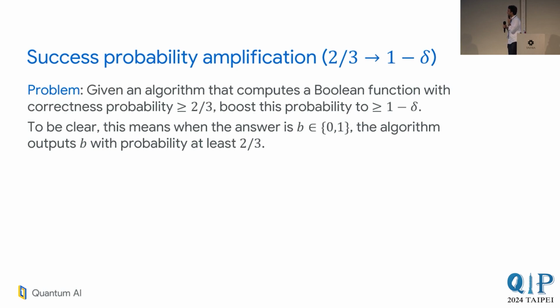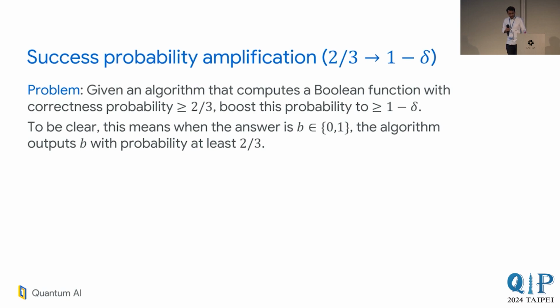Super useful. So just to be super clear, you have this algorithm. When the answer is 0, it outputs 0 with probability at least 2/3. When it's 1, it outputs 1 with probability at least 2/3. And now you want to get an algorithm that you want to be even more sure of what the correct answer is. So we can think of this in terms of algorithms, but maybe there's an even simpler way to